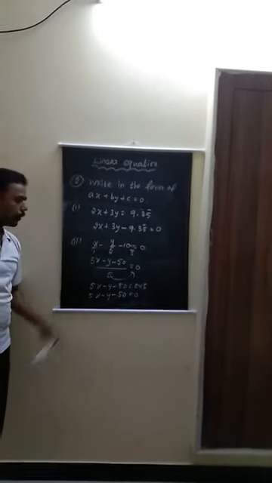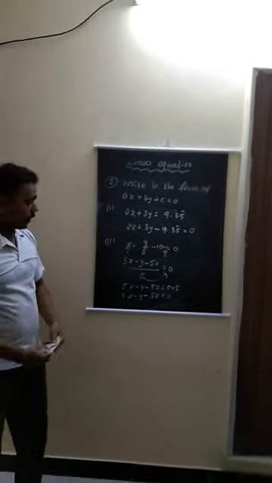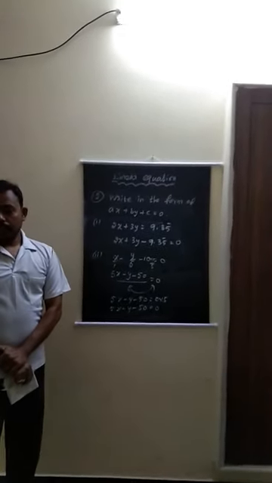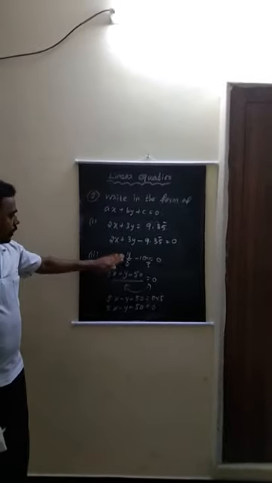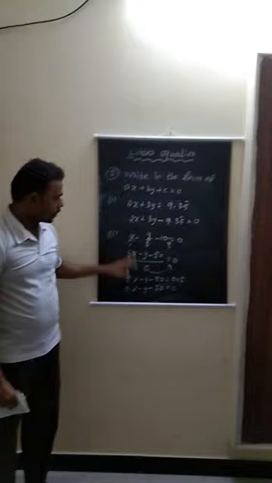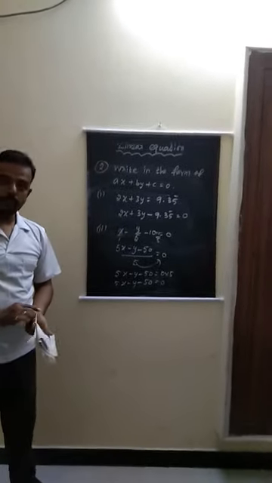This is also one of the forms. But it's already in ax plus by plus c equal to 0 form. So we need to write only this form. Okay, so both answers you can write. The question is also the answer.